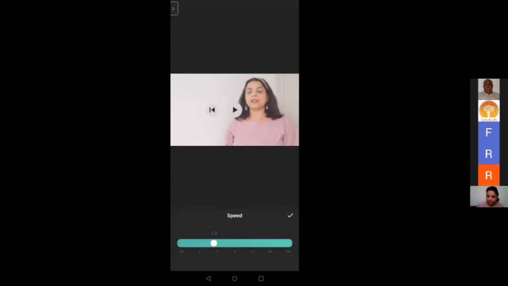And if you want, you can just decrease the speed of the video, so you'll start talking slowly. That is the speed of your entire video, if you want to fast forward somewhere. Like if you're showing a tutorial which does not need a lot of talking and needs to get faster, you can just increase the speed of the video and it will get faster.